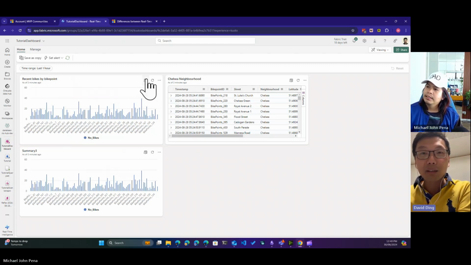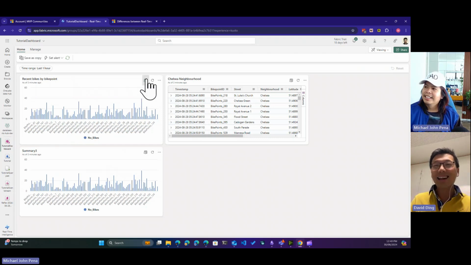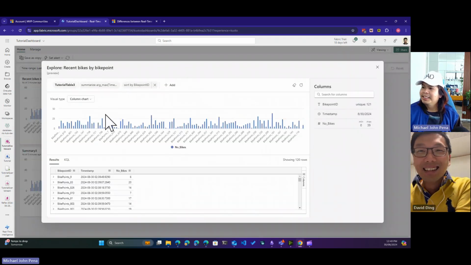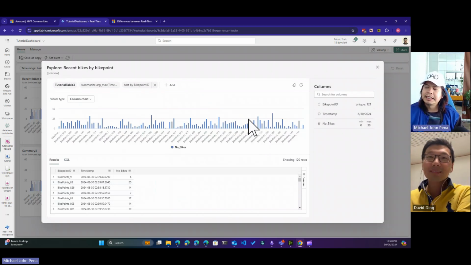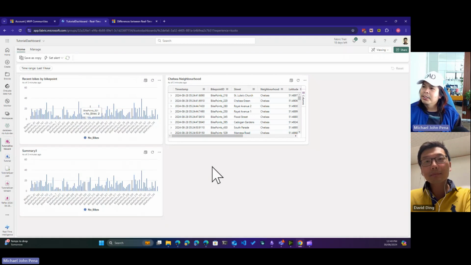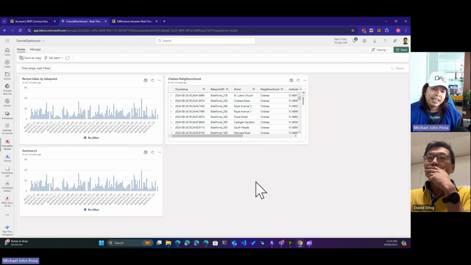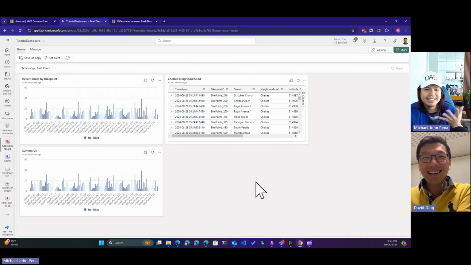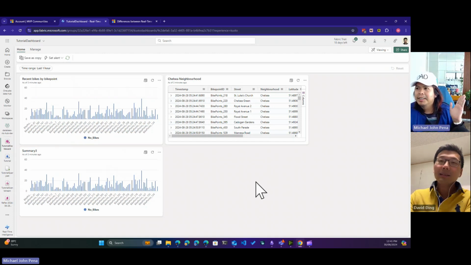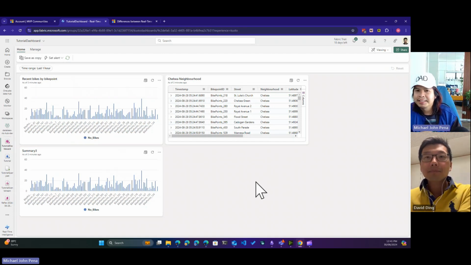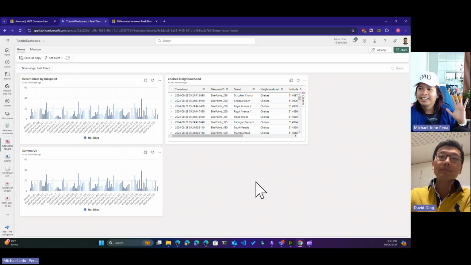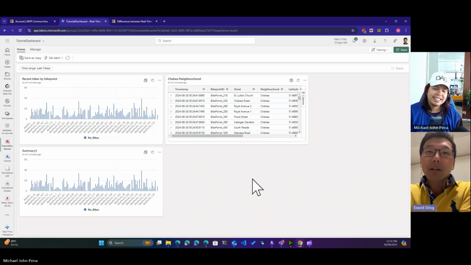There are a lot of different components to dive deep into. The first limitation I'm already seeing, man, is the experience. This looks simple, but it's not customizable. What if I want green, or yellow, or I want to use my branding? The real time dashboard in the Real-Time Intelligence suite of Fabric doesn't have that yet.